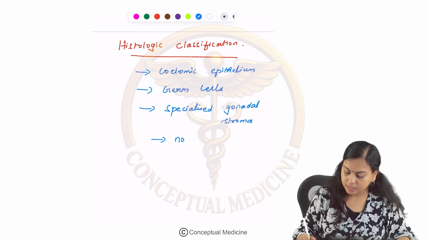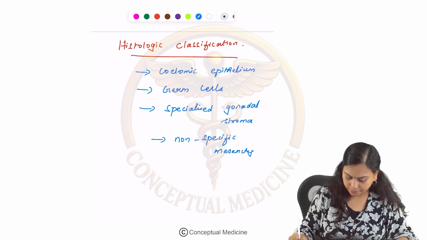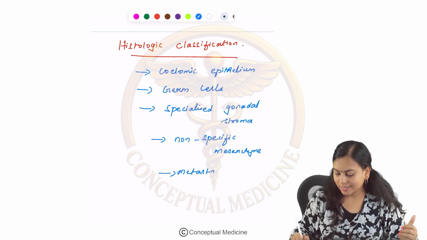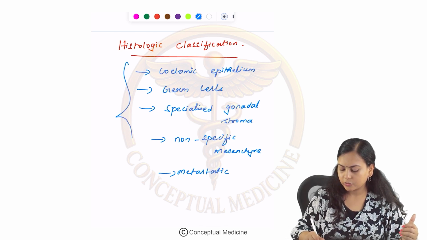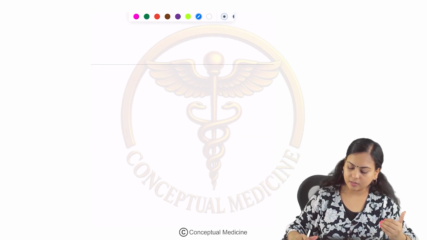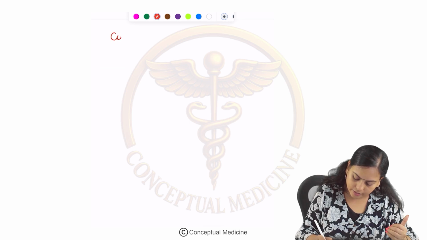There can be tumors which are arising from non-specific mesenchyme, and there can be metastatic tumors to the ovary, right? So these are the possibilities. Now let us learn what are these tumors. Okay, so the tumors that are arising from coelomic epithelium